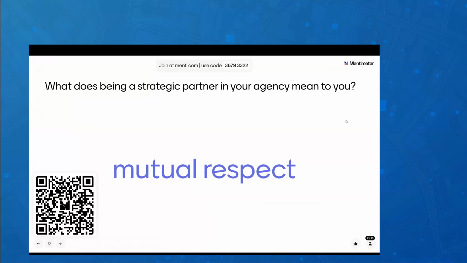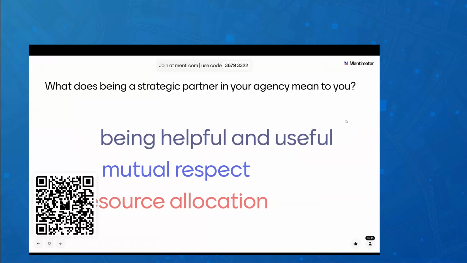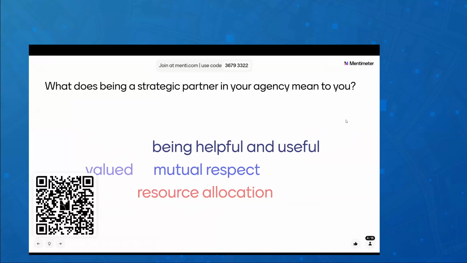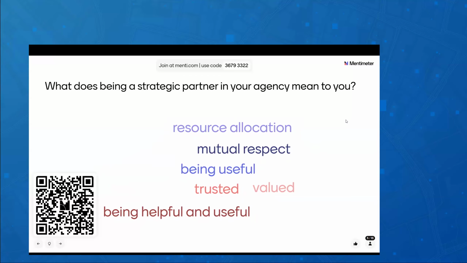Mutual respect, resource allocation. Give it a few more seconds to share your thoughts. Being helpful and useful. Yeah, we're going to talk a lot about that. Valued. Trusted. Yes. Yes. These are all great things. And some of them we're going to touch a little bit more on